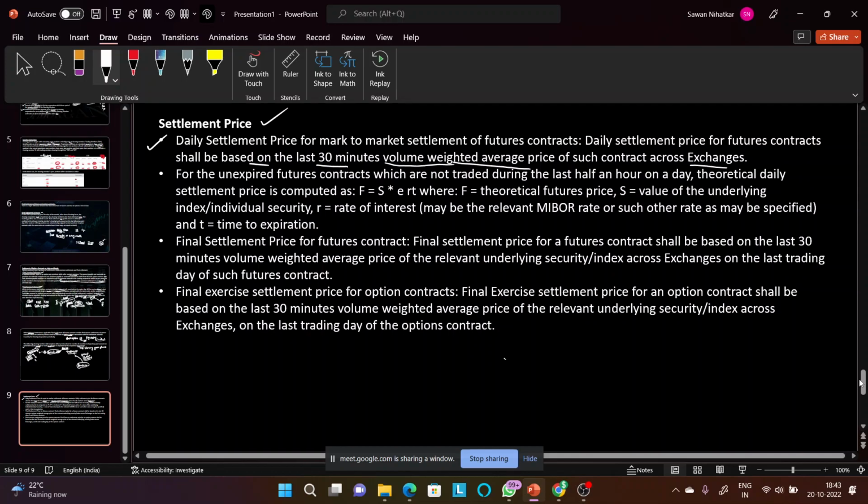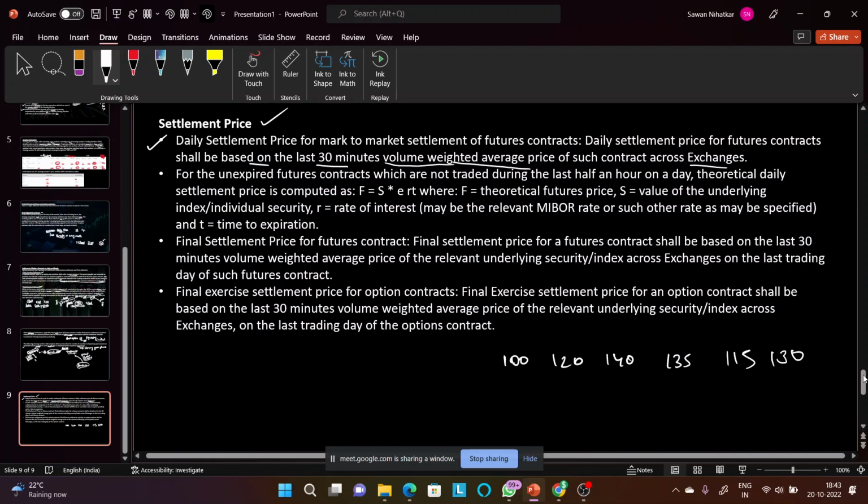So at 10 o'clock it was 100, at 11 it became 120, at 12 it reached 140, again by 1 it reached around 135. Around 2 o'clock it went to 115, and let's say at 3 o'clock it again went up to somewhere around 130. So this was the entire price movement for one particular day, and इस सब का मैं average लूंगा.